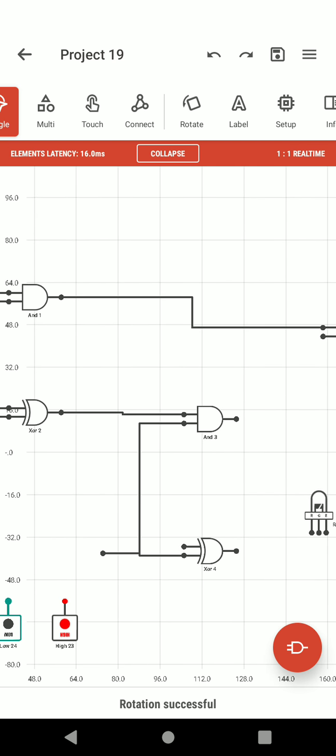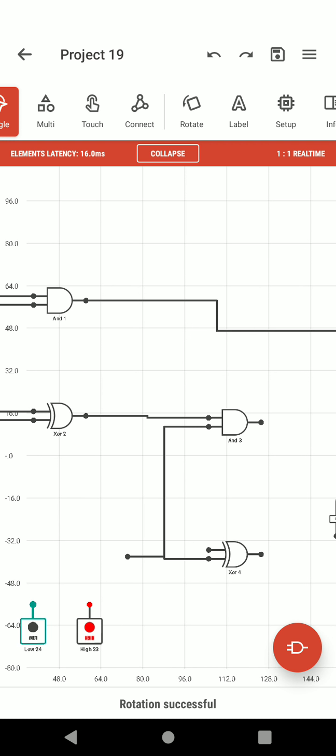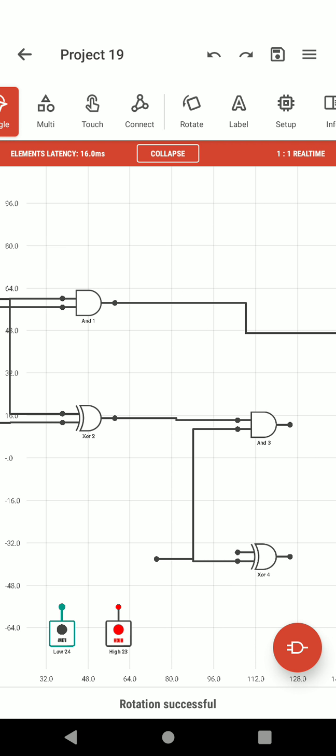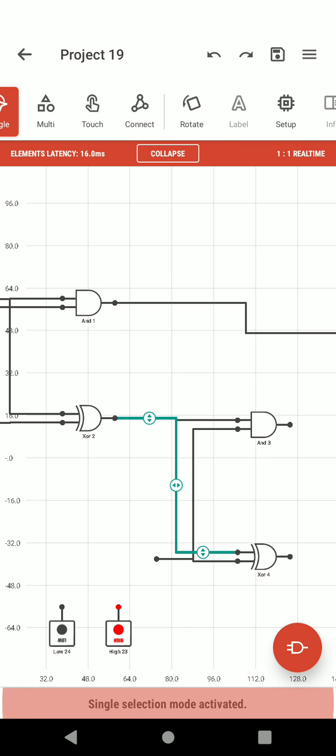So here we can give C's input. One of the inputs of this XOR gate is the output of XOR gate 2. So just click on connect XOR gate 2's output to XOR gate 4's input.